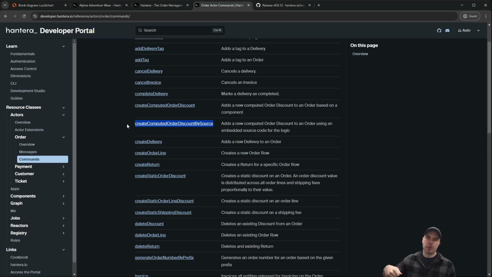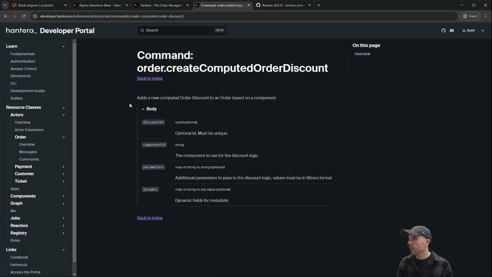And maybe when you're importing those orders into your order management Hantera, you can literally generate source code based on those rules in the ecom, and then we can replicate the behavior of that external campaign engine inside Hantera, for example. So that's an integration scenario, or whatever other source generation you want to do. You can do it on the order itself. But for now, we are going to use this one, create computer order discount, which takes